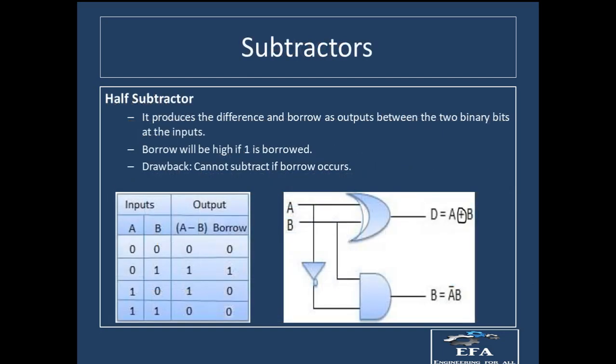So like we have done in the case of the half adder, right? We have added two single bit numbers. In this case, we'll be subtracting two single bit numbers. Okay, so first of all, we'll talk about the half subtractor. So when we talk about this half subtractor, in this case you can see that we are having A and B as the two inputs, right? And if we subtract them, A minus B, two outputs will be there. One will be the difference and second will be the borrow, if borrow is required.